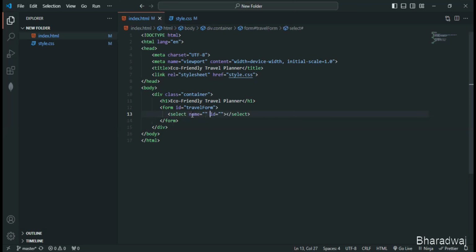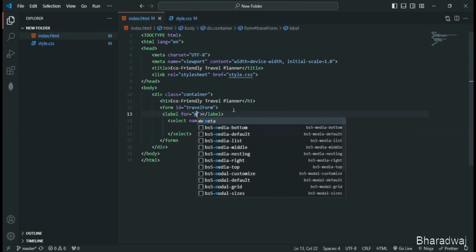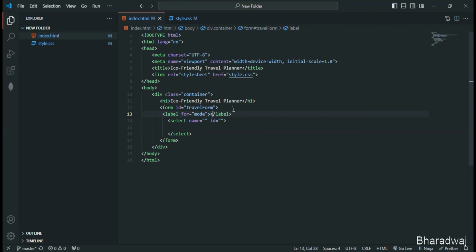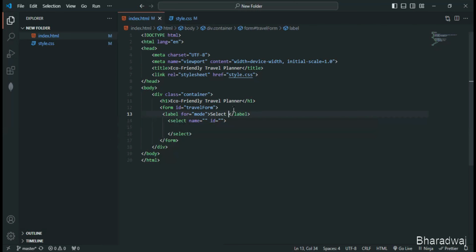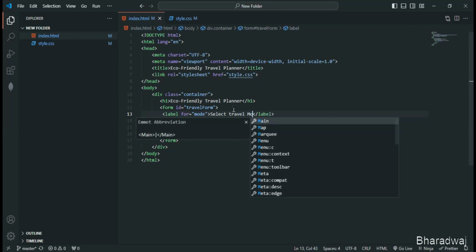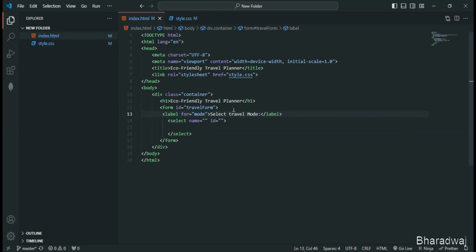Let's make use of the select tag. Before select, let me make use of the label, right? So I'll just give label for, let me give mode also. Select travel mode. There will be different travel modes, right? So let me give the label and let me give select travel mode. So after this one, inside the select